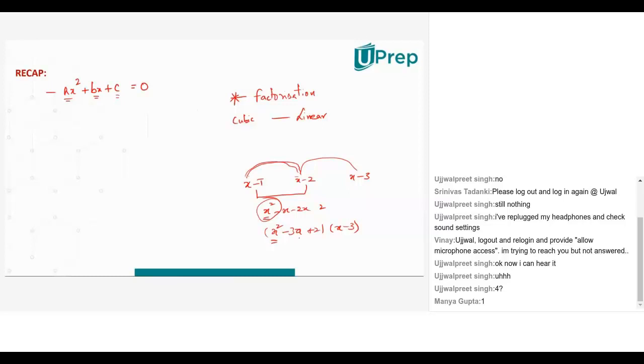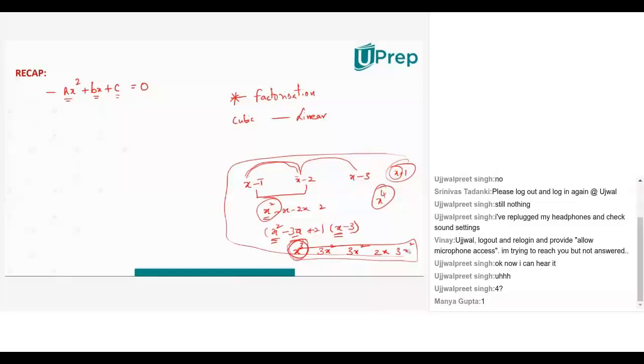If I have one more factor, say x plus 1, now this cubic polynomial, when I multiply with another first degree factor, what will be the highest term? This x cube gets multiplied with this x, which gives me x to the power of 4. So what do we all observe here? Can somebody tell me what we are trying to get as a conclusion out of this? When I am multiplying 2 factors, I am getting second degree. When I am multiplying 3 factors, I am getting third degree. When I am multiplying 4 factors, I am getting fourth degree. So what do we conclude from this?